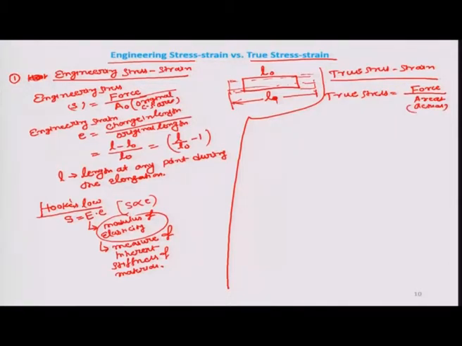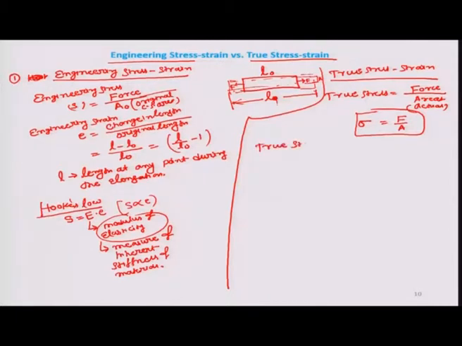Means for a particular load F, the length is increased to L and the cross sectional area is changed to A. Okay. So sigma is equal to F by A, where A is the actual area at a particular load,